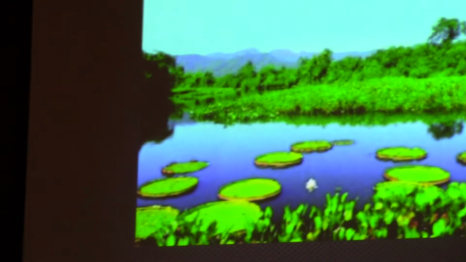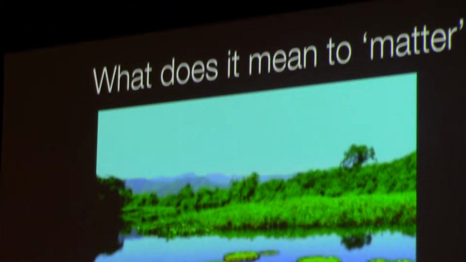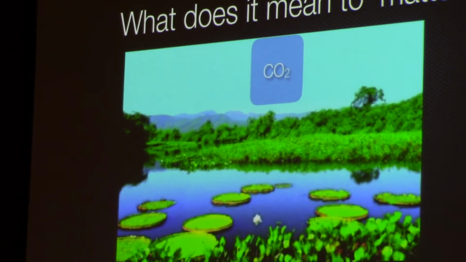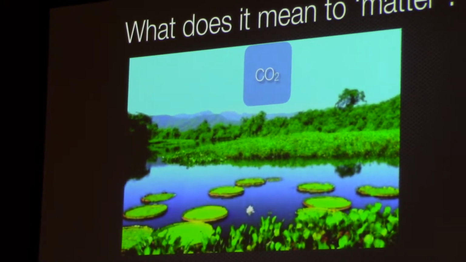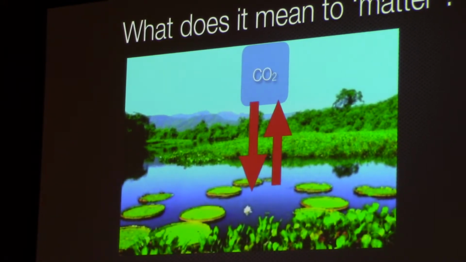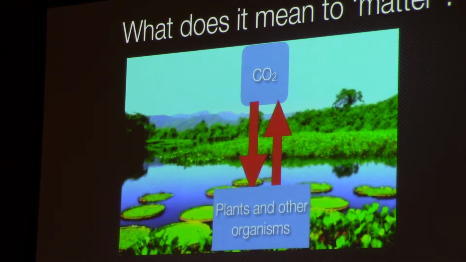So what does it mean to matter in terms of the carbon cycle? I think we've kind of hit on this already a little bit. So we have all this excess CO2 in the atmosphere. It can either be taken into the system, so that the downward arrow represents photosynthesis, or it can be respired out of the system as respiration or decomposition. And then what's left over ends up in plants and other organisms, or it can end up down here in